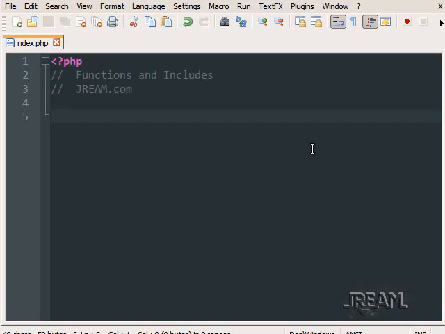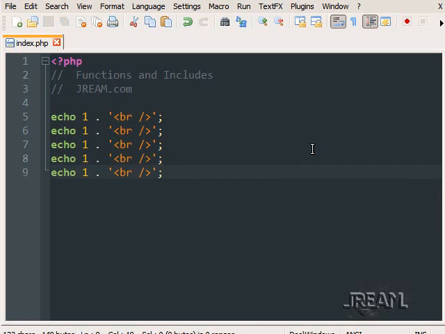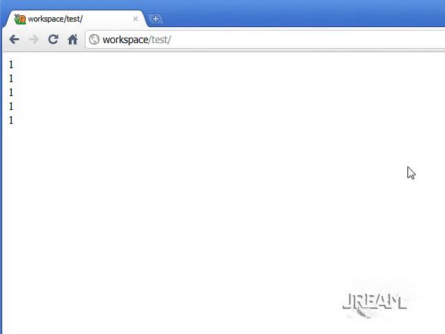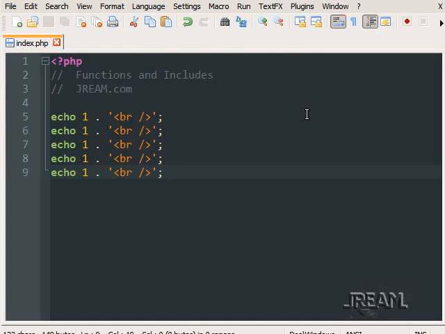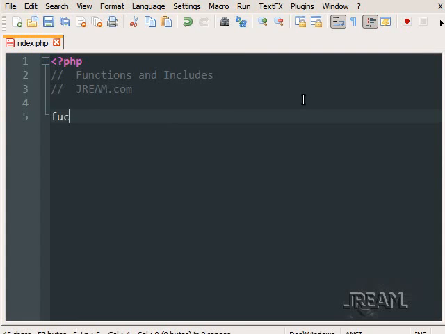Creating a function is basically to reuse something over and over. So here's a very simple example. Let's say we wanted to echo 1. If we wanted to repeat this 5 times, you could do that. Now, with a function, you start out with the word function